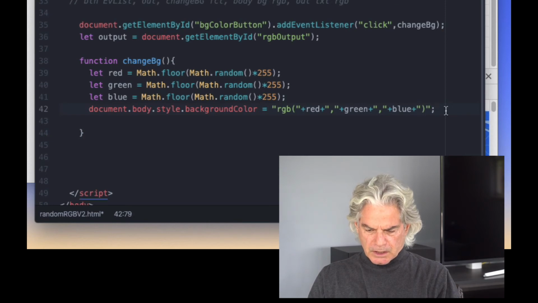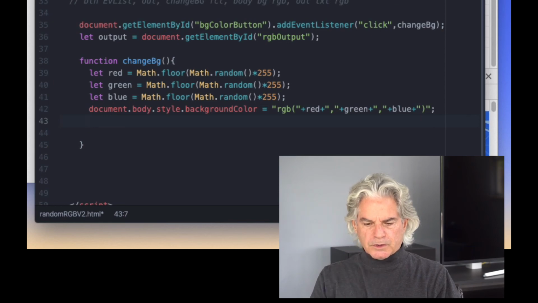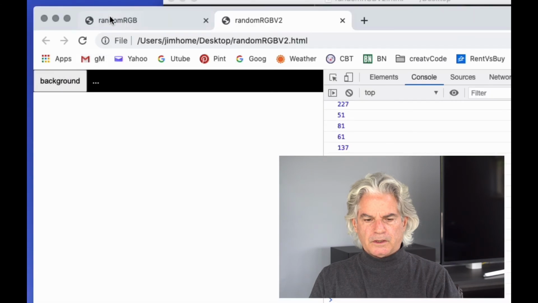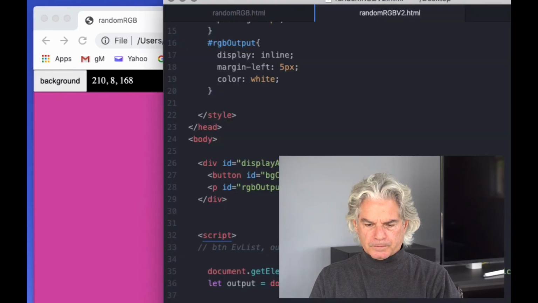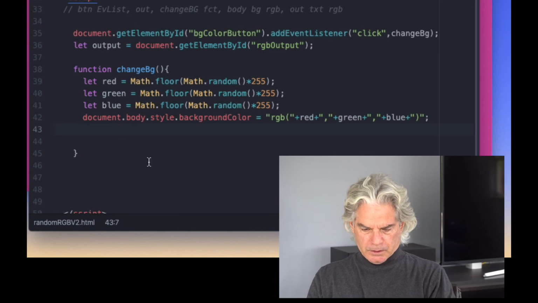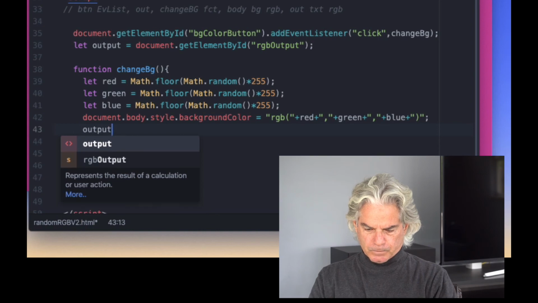Okay. The next thing we want to do is our output. We want to be able to output these numbers in our HTML. Let me save this and show you what I'm talking about. Let's go back to the original. See right here, this is the paragraph tag that is outputting our red, green, blue, and that's what we want to do. So the name of that is output. So output inner text